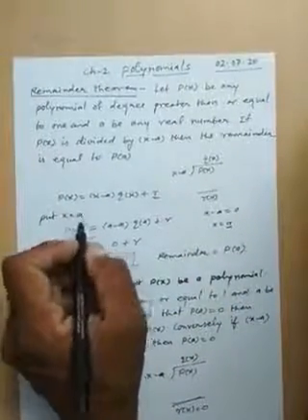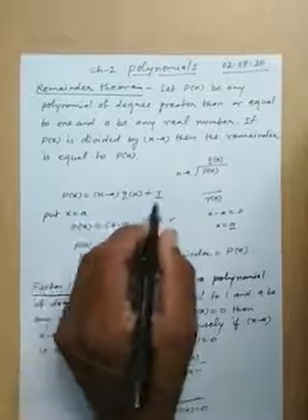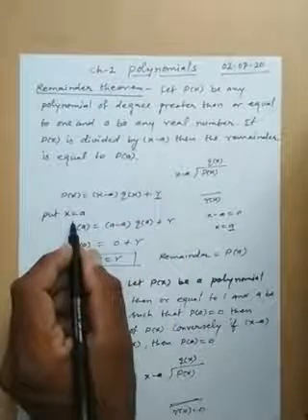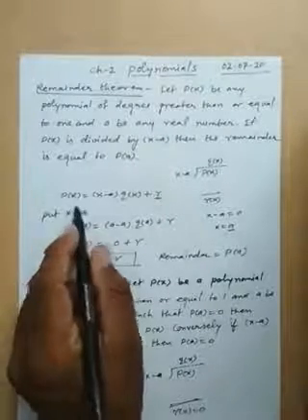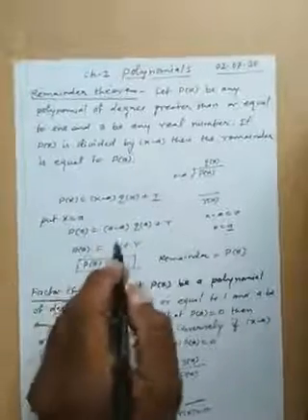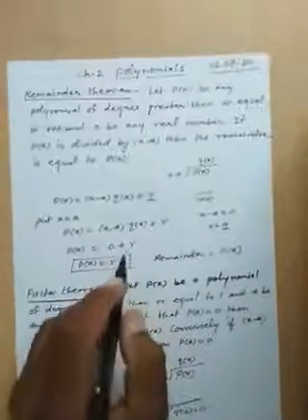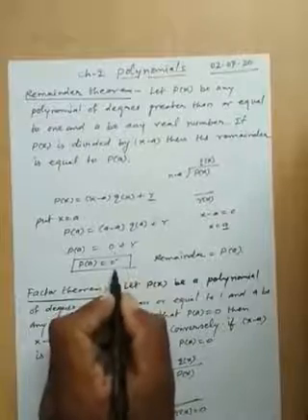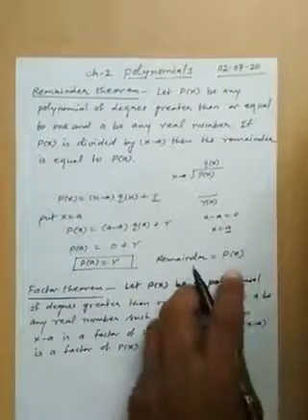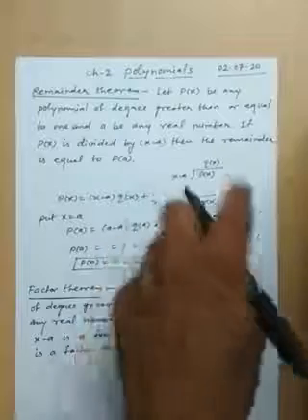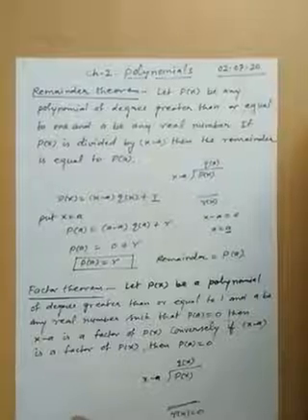So let's understand why the remainder is p(a). Because dividend equals divisor times quotient plus remainder. Put x equal to a, where a is the zero. So put x equal to a in this equation, and p(a) equals (a minus a) times q(a) plus remainder. A minus a is 0, then 0 plus remainder is remainder, and the remainder is equivalent to p(a). So this is the remainder, and without going through the long division method, directly we can find the remainder with the help of the remainder theorem.